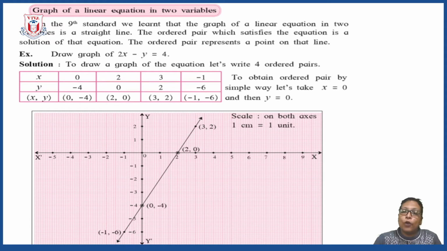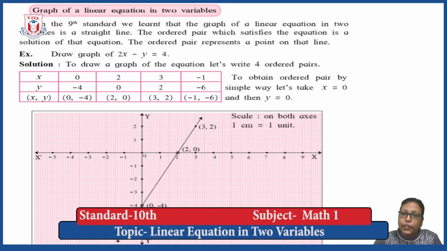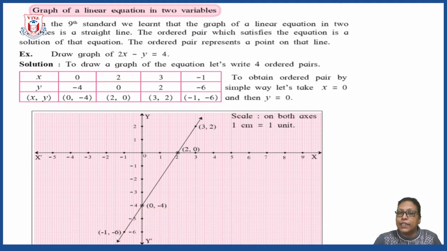So all the points are plotted first, and when we try to draw the line, what we find is all the points are collinear. Here 4 points are taken, but taking 4 points is not compulsory. You can take 3 points also, but you cannot take 2 points. Why? Because in geometry you have studied that one and only one line passes through 2 different points. So taking 2 points will not help you here. You will not understand whether you are right or wrong. So you have to take a minimum of 3 points. Always keep this in mind.